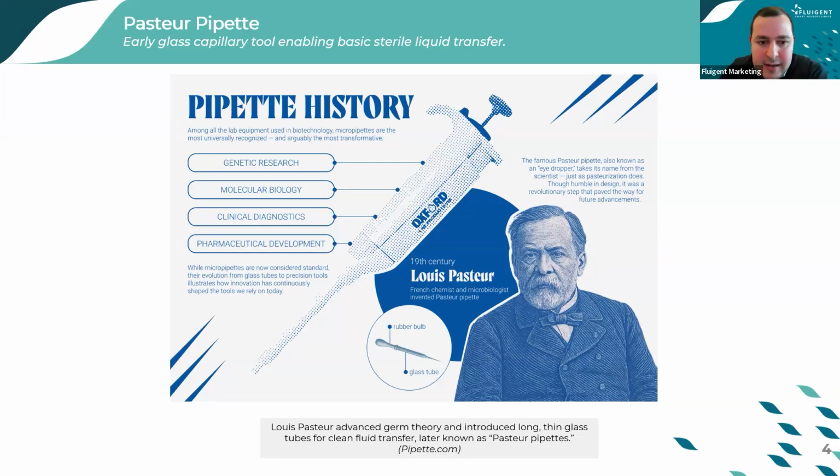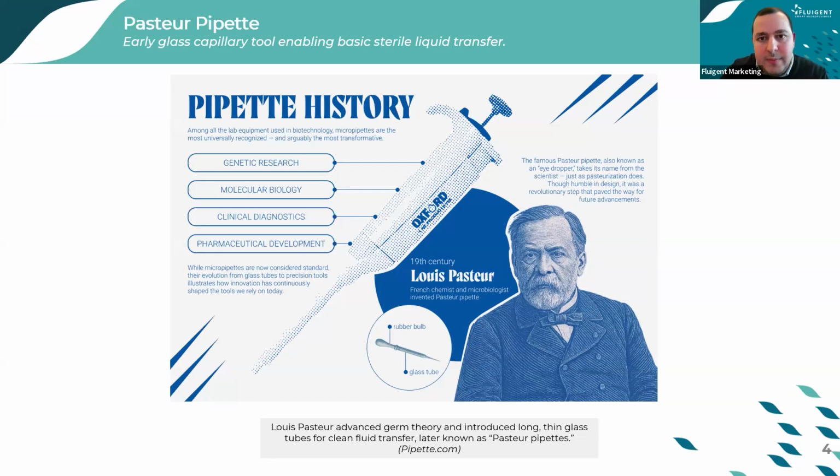By using a thin glass tube and a separate rubber bulb, scientists could avoid direct contact with fluids, reducing the risk of contamination and accidental exposure. This simple tool afterwards enabled early microbiology experiments, such as transferring cultures, inoculating media, and handling small volumes of biological fluids safely. It also marked a crucial step towards separating the operator from the sample and laid the foundation of